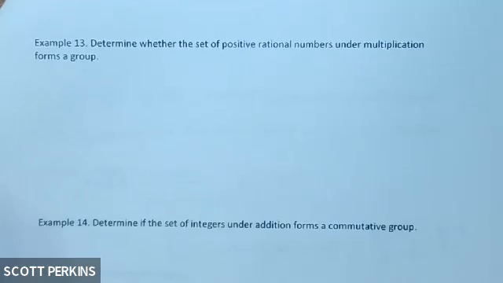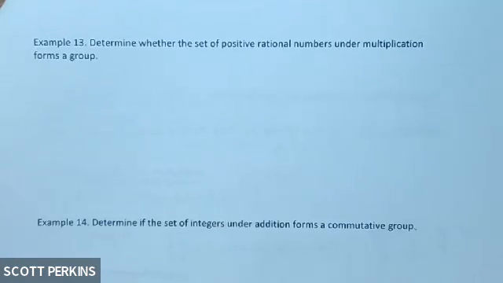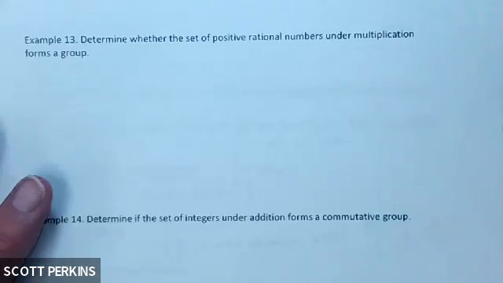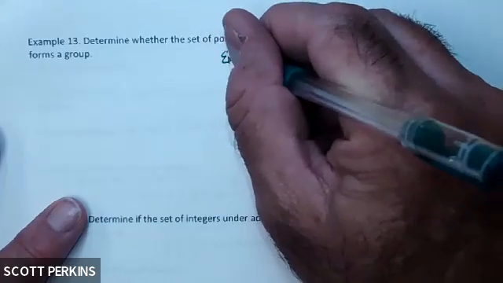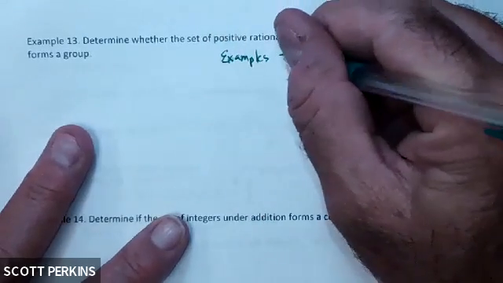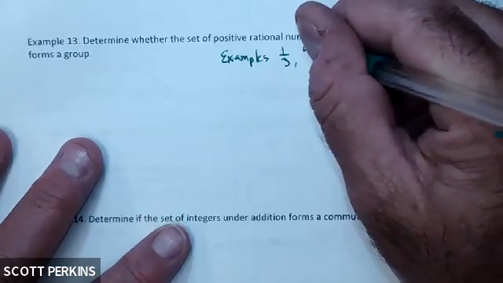All right, here's what I would like to do. Example 13. I want you to give your best shot at this. I'm going to help you by defining the set. The question is, are the positive rational numbers under multiplication a group? Remember, rational numbers are fractions. So are positive fractions under multiplication a group? Examples of positive fractions are like 1/3, 4/9,